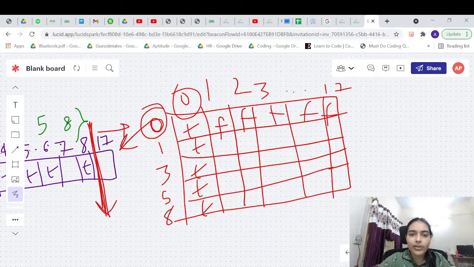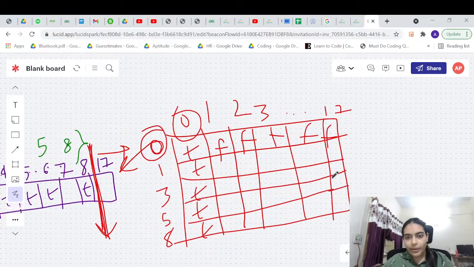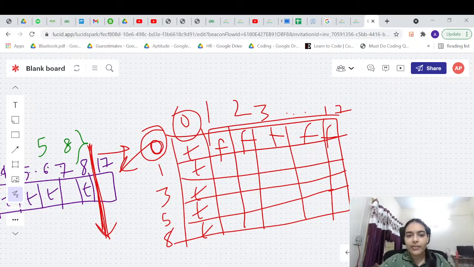If you don't have anything, how on earth would you be able to form any of the numbers, right? So how will you be able to form 3? How will you form 2? How will you form 17? How will you form any of the numbers? You can never form the number, so this value will always be false initially.